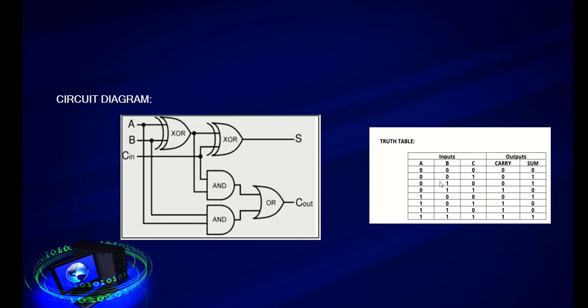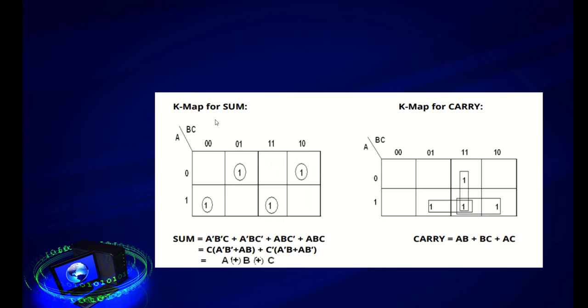So if we see, 100, 001, 010 and 111 will give output as 1 in sum. So we'll just mark those input values here. 100 gives us 1, 001 gives us output as 1, 010 will give output as 1, and 111 will give output as 1. So A will be on this side and B, C are grouped at one side. So the Boolean expression we get is sum is equal to A XOR B XOR C.